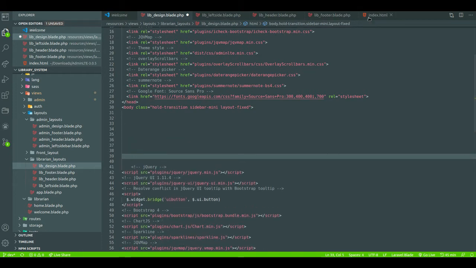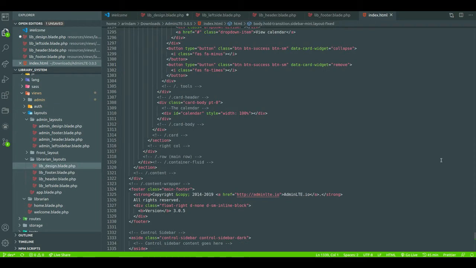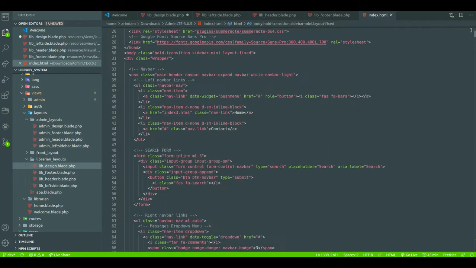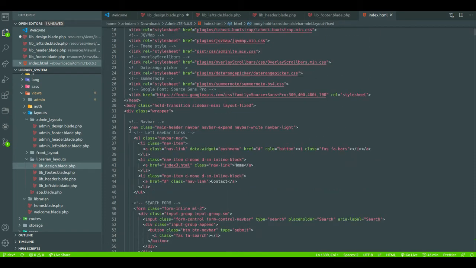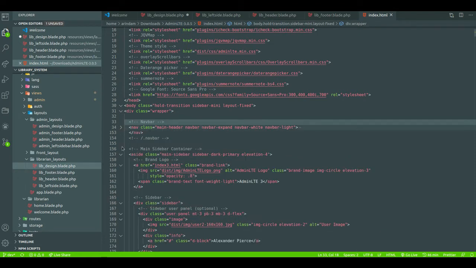Now the div wrapper two. Come to this. First we take the navbar, the main sidebar no, we only take the navbar. So this will come under the header.